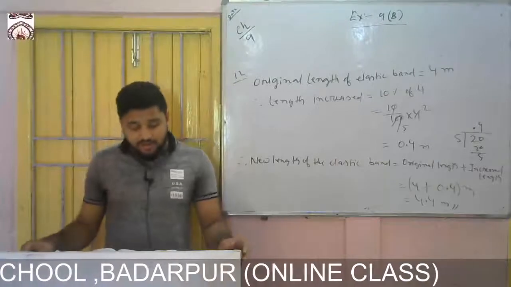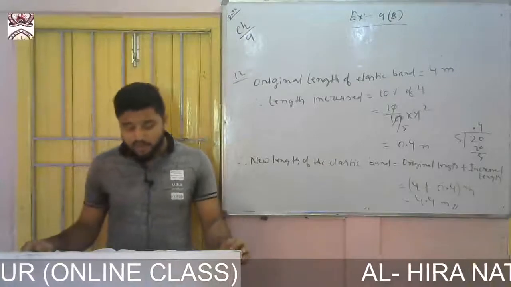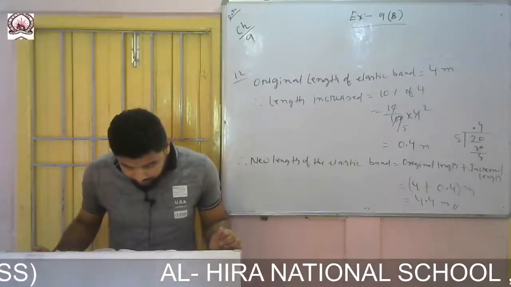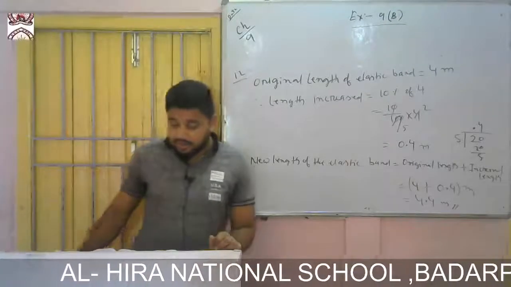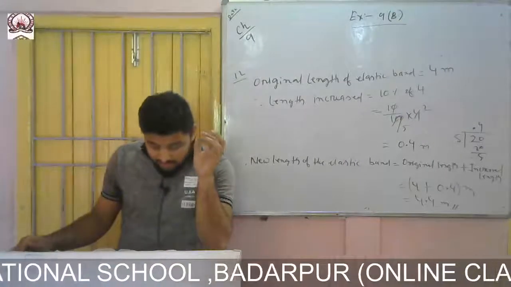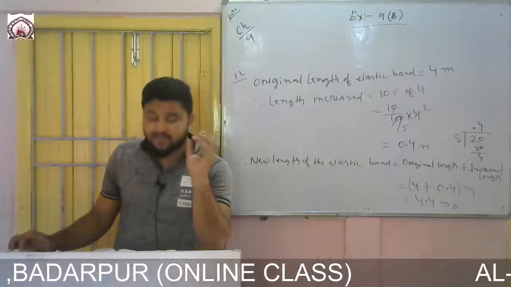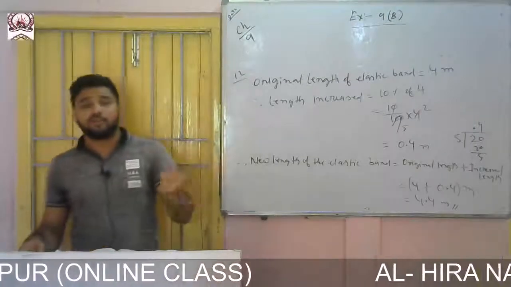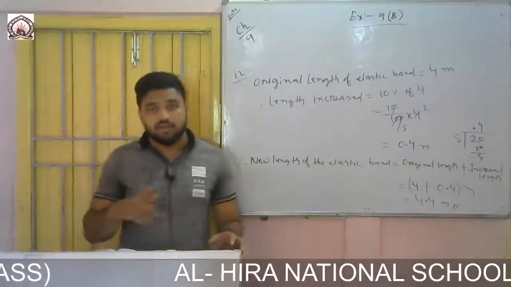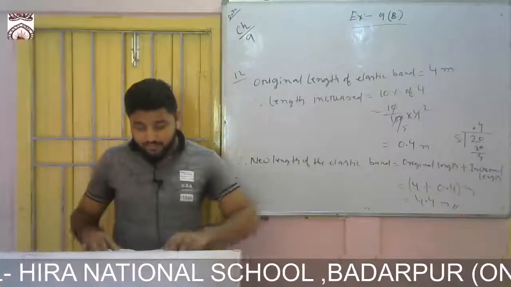First, the length of the rope is decreased how much? 12 1 by 2% of 150. So that was decreased. Then from that we will find the decreased rope. Then what is the new length if it was 150 meters? So the new length will be 150 meters minus the decreased length. So like this you can find. Okay, so question number 13 you practice. Now come to question number 14.